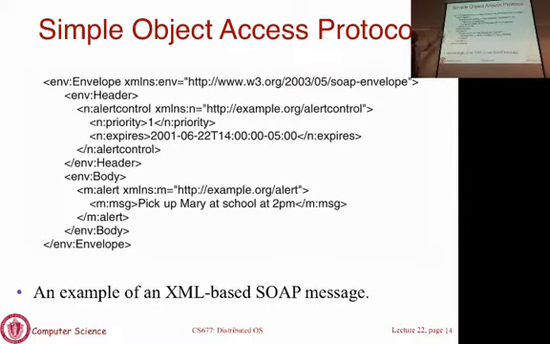And you'll see that there is an envelope or a header that says that's the time, that's the call, that's the name of the method. Okay, alert control is like the RPC method name. This is a SOAP method name, and this is the argument that you provide. Okay, this says pick up someone from school at 2 p.m. Okay. So that's how typically you will use a SOAP request, which is itself an RPC request. One server will send it off to the other server, may send it off to a client, or whatever else it needs to do.